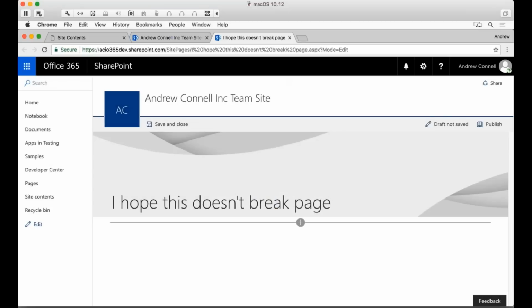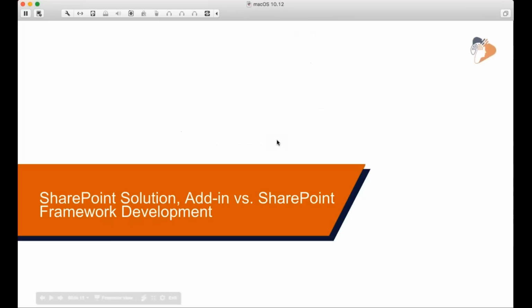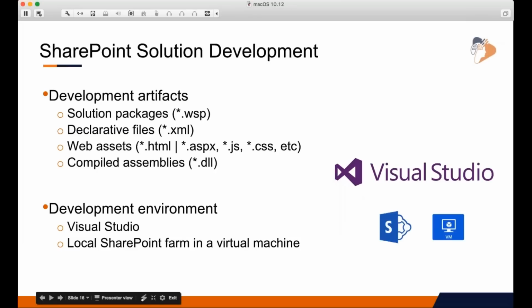Right, and let's jump back to the demo and talk a little bit more about, where are my slides? There we go. Let's come back over to slides and talk a little bit more about SharePoint Framework Development. Now, as a developer, we want to know how to create some of these client-side web parts. I think it helps to look back at what we used to build. So we're going to blow through this really fast because I want to get to my demo of creating a client-side web part.